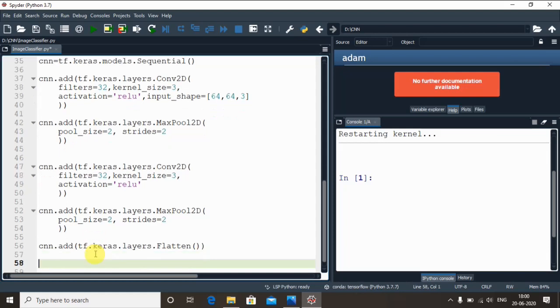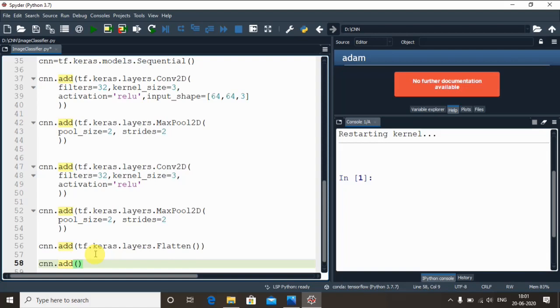Now we have to add a new fully connected layer to that flattened layer, which is nothing else but the one-dimensional vector that will become the input of a fully connected neural network, correct? So let's do this implementation as usual by calling the CNN object, from which we call the method add, again because we are adding a fully connected neural network layer, correct?